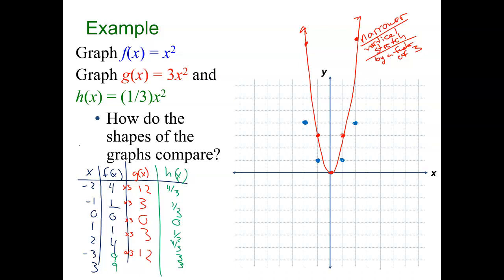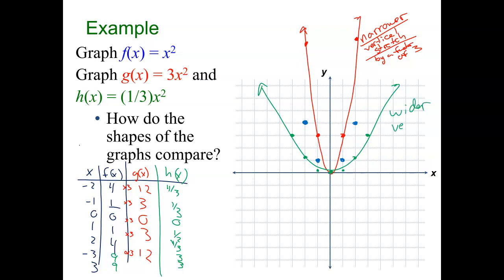Okay? So, let's graph them. We got them all now. So I've got -2 and then 4/3. That's right around here. And then I've got -3, 3. And I've got -1 and 1/3. And I've got 0, 0. And then 1 and 1/3, and then 2, 4/3, and 3, 3. What did that do to my graph? Made it wider,